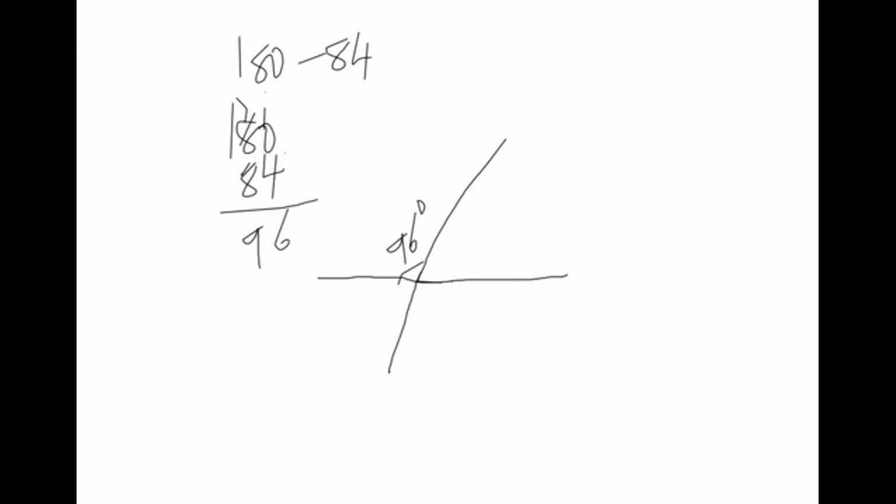TV, this is T, this is V, this is O. So we have here 96, and we are looking for this angle. We know angles in a straight line add up to 180 degrees. So angle TOV, say here is X, is given by X